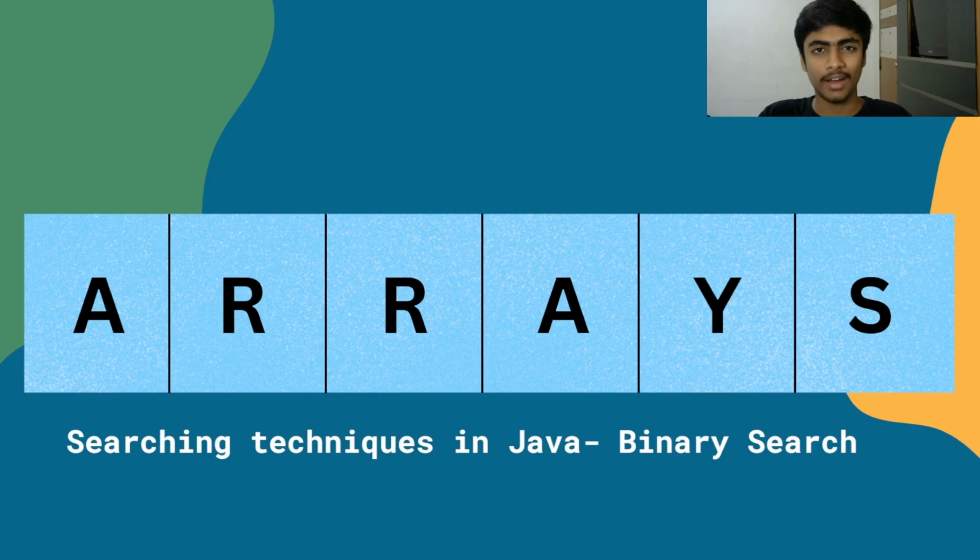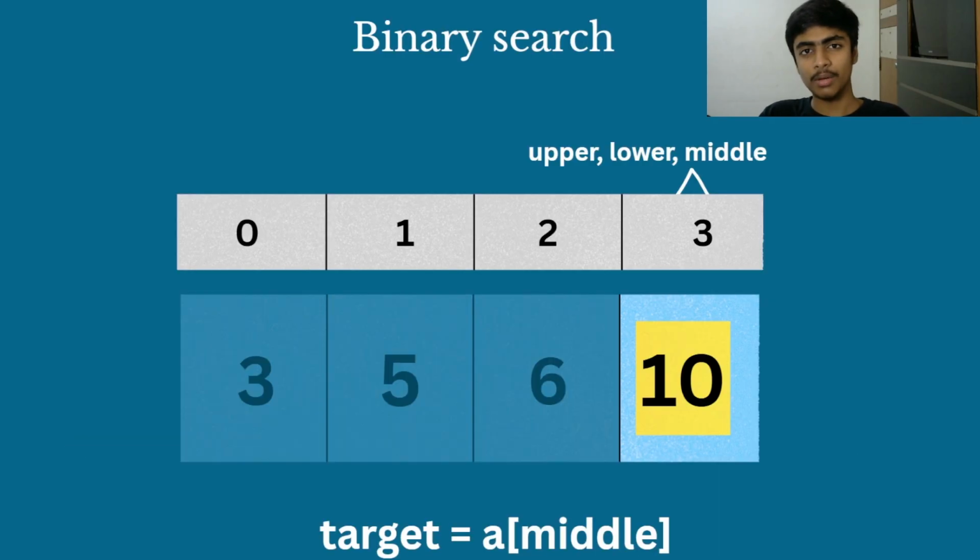So a question you might have is, how exactly do we know when we stop searching for a value in our array? For example, in this array, I've searched the first 3 elements and I've come to the end of the array. I've narrowed my search down to just one element. As usual, we're going to check if the target value is equal to this middle element, which is 10. If it isn't, since we've eliminated all values less than 10, our target value must be greater than this middle